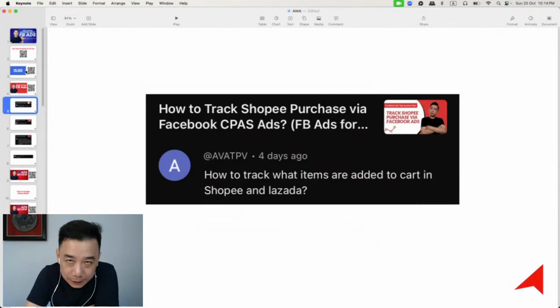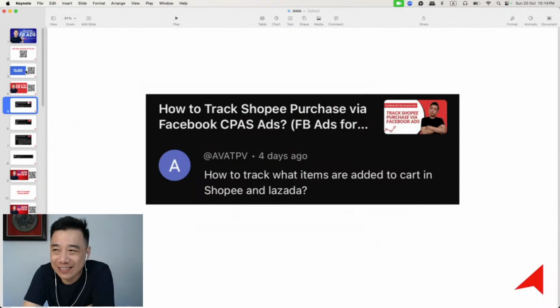You won't be able to know how much that would be. You can actually track the value, but you won't be able to know what item unless you're selling a single item or you only have a few items. Then you'll be able to gauge at least how much this is and what that product would be. I have a client who sells only 3 items on their Shopee store, so we know. Let's say on day 1 we have 1 item added, it's 499 ringgit, so it's item A, and tomorrow it's 899, so we know it's item B. So that's how we track. But if you have a lot of SKUs, it's pretty impossible to track that.